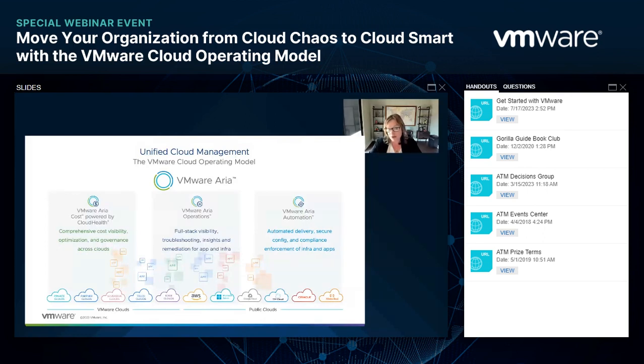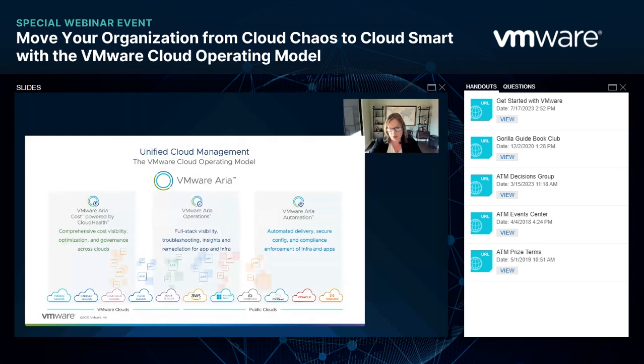So CloudHealth, which is our cost solution for public cloud workloads, with vRealize, which is our on-prem cloud management solutions to build and operationalize your private clouds. We've brought those together with the intentionality that they will consistently manage all of your clouds, private, hybrid, and public,